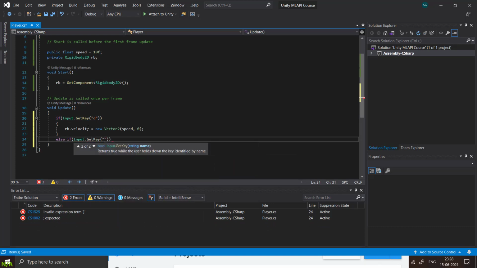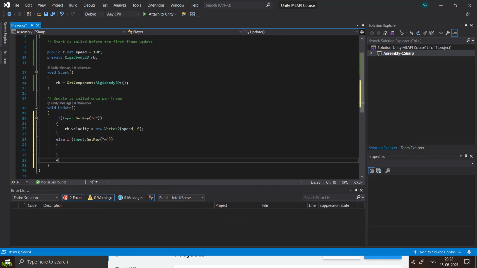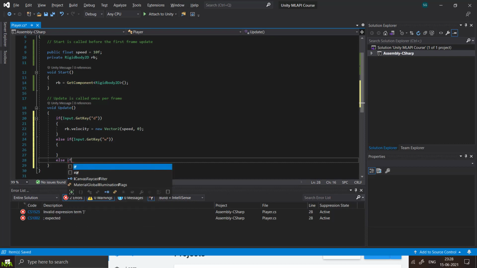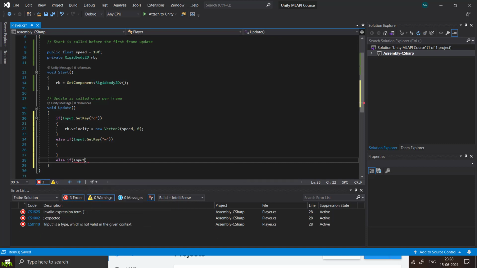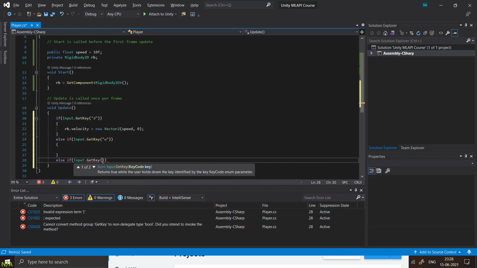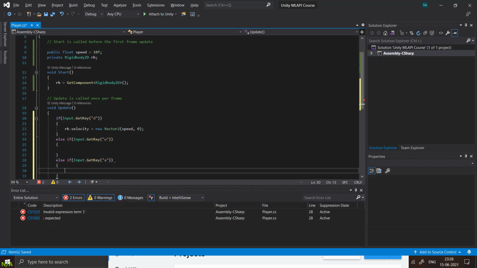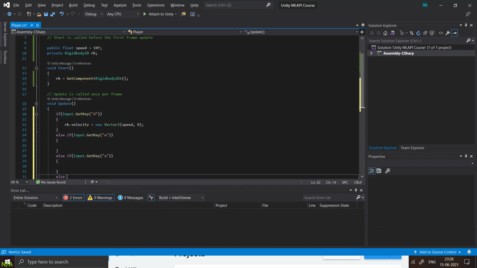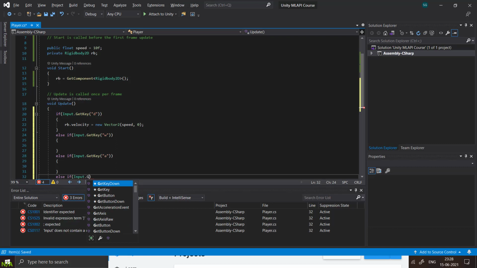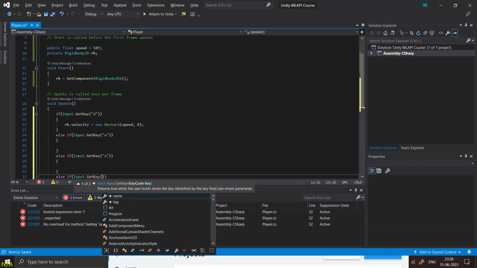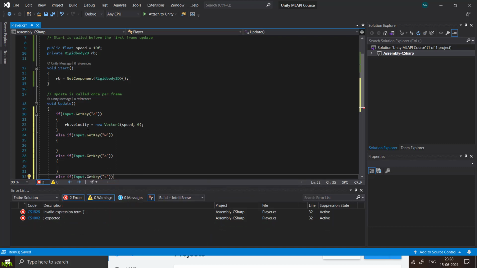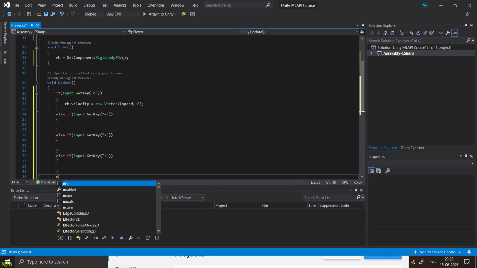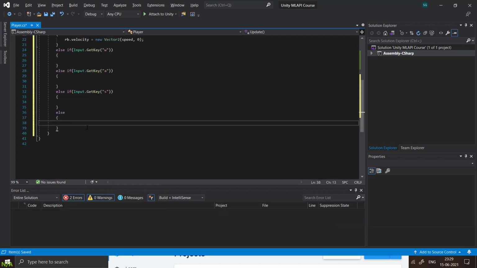If Input.GetKey W, we add a force. Else if Input.GetKey A, we add a velocity somewhere else. Else if Input.GetKey S, else. So these are all the mappings.